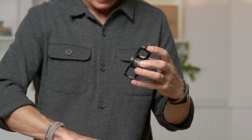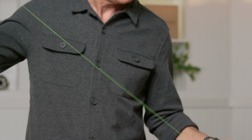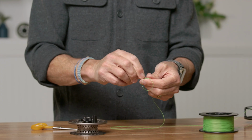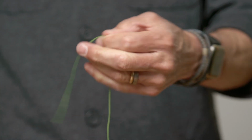So you'll see why in a sec. So I'm going to thread that through, pull through all the backing I need, lay down the reel frame itself, and then very simply just tie that knot. Little overhand knot first, pull super tight, snip off the tag,